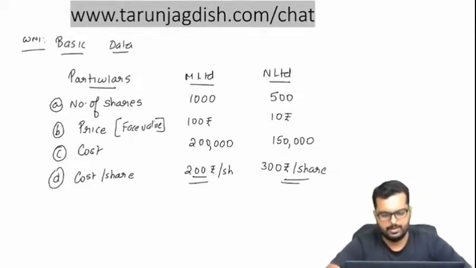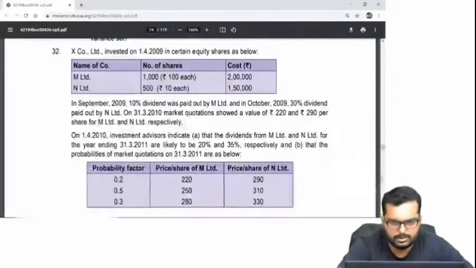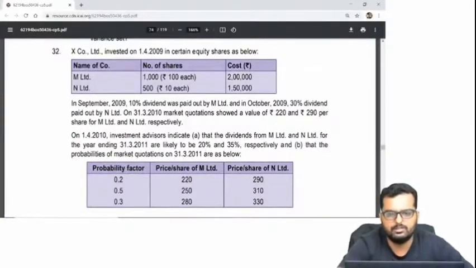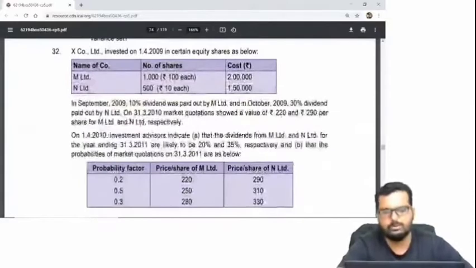Let me just check what dividend rate they are taking. I assume they are taking it as a dividend rate. So let me just confirm that part now. 10 rupee and 3 rupee. Yes, so they are taking this as dividend rate. Unfortunately, the question is not clear about it. Dividend was paid out, that's the only thing they are saying. They are not even mentioning it is on the face value. So we have to assume that this dividend is based on the face value.